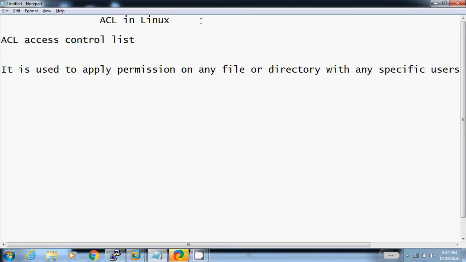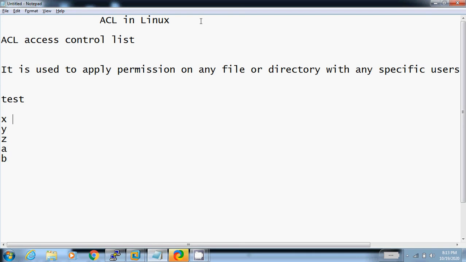Suppose there is a file in my system, test, and there are approximately 5 different users in my system: x, y, z, a, b.